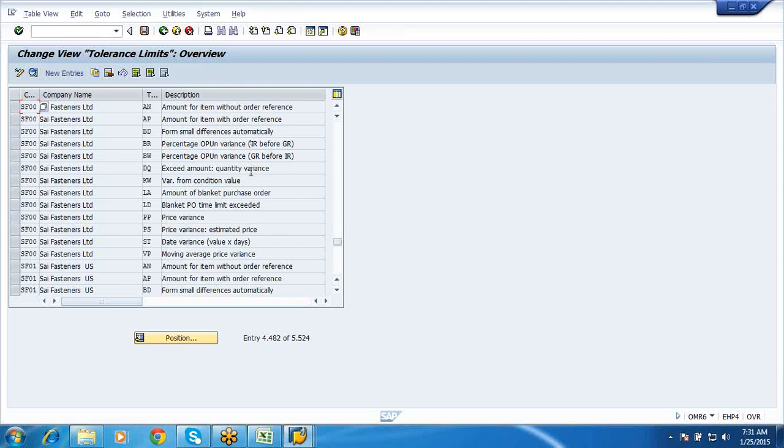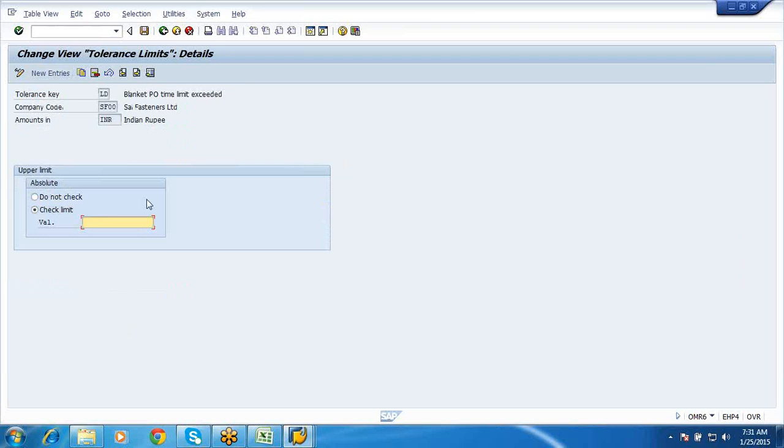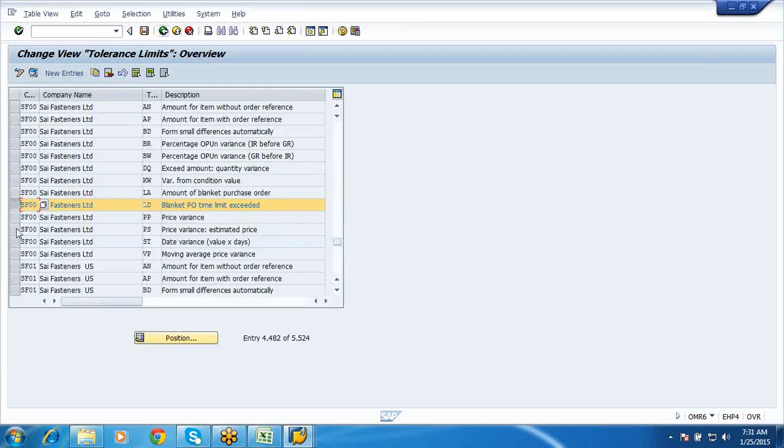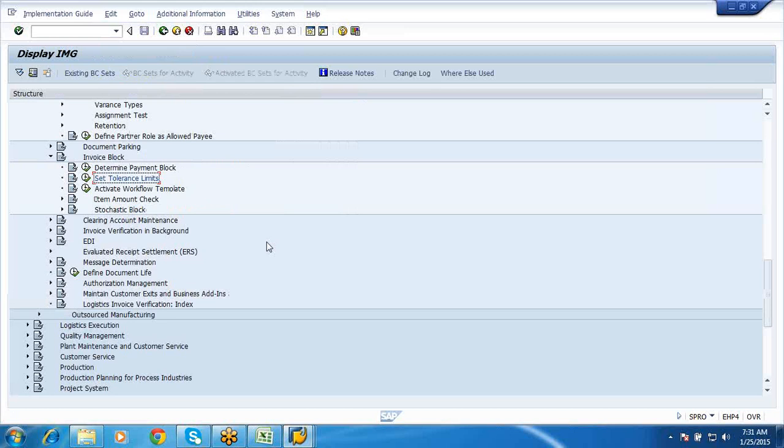So there are certain conditions where you can go and set the tolerance. Blanket purchase order time limit exceeded. So if that is the case, what is the tolerance? So all these are your tolerances that is set for your invoice blocks.